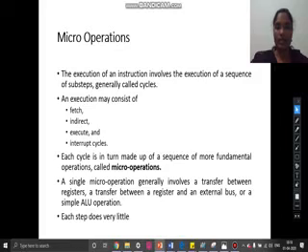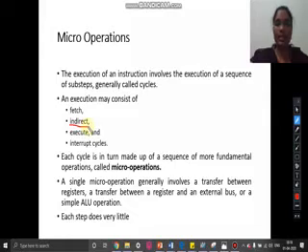So what are these micro operations? The execution of an instruction includes some cycles. We know that the instruction cycle consists of the fetch cycle, execute cycle, interrupt cycle, and here one more thing that is added is the indirect cycle.